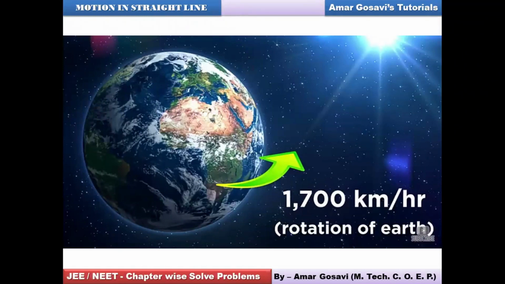Let's talk about the rotation of Earth. Say, for example, the person may be stationary on the Earth, but for a person who is observing the person on the Earth from the moon, the person who was stationary on the Earth would be moving with this speed. That is the rotation of Earth, you can see. But for another person who is on the Earth, viewing the same person on the Earth, he may feel that person is stationary. So that's how relative motion is to be analyzed and the problems are to be solved. Please make a note of it.